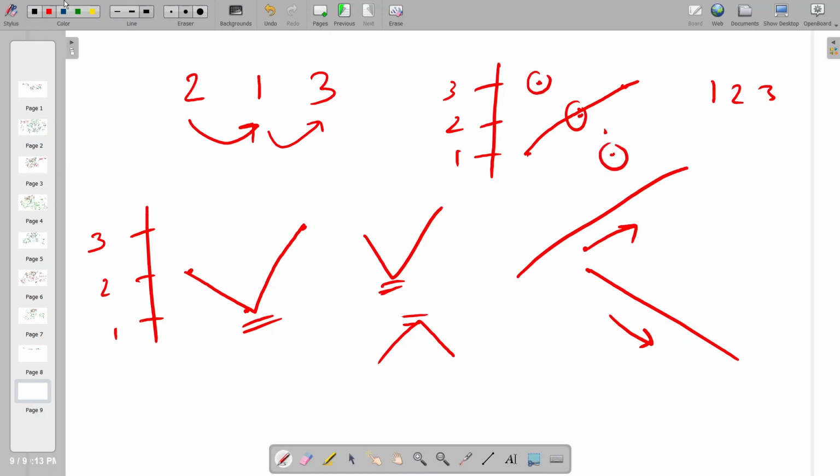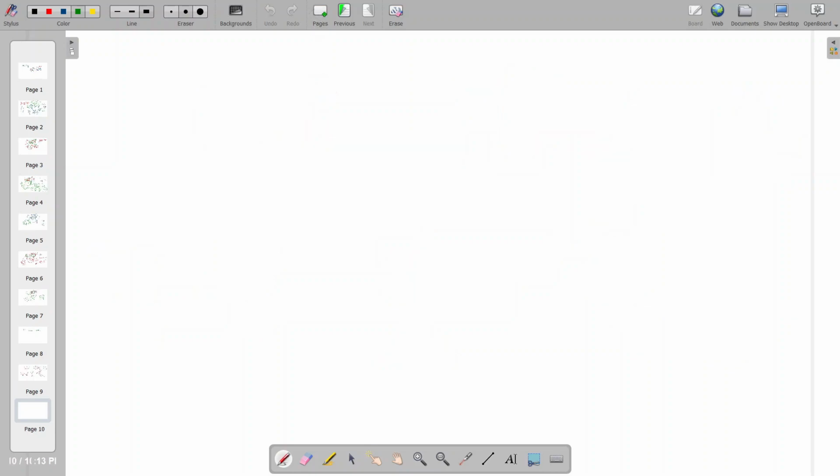If we draw the line with a different color, then this is a decreasing array. So we have 3 to 1, the order is decreasing, but still it is sorted. These types of curves are called monotonic. They keep on strictly increasing or decreasing. But we should not have such vertex points, otherwise it's not a sorted array. That's just a different way to visualize it in the form of mountains.